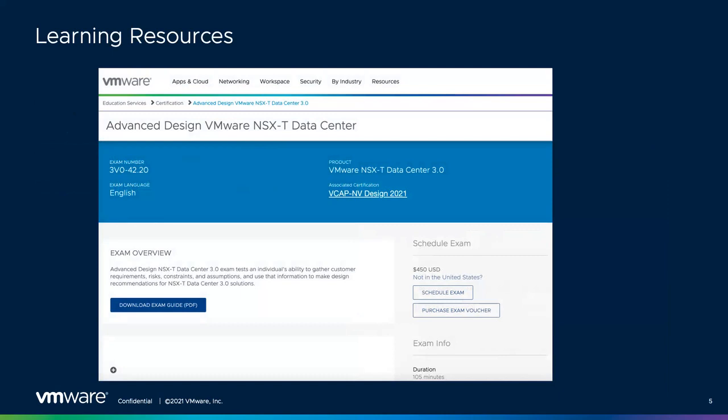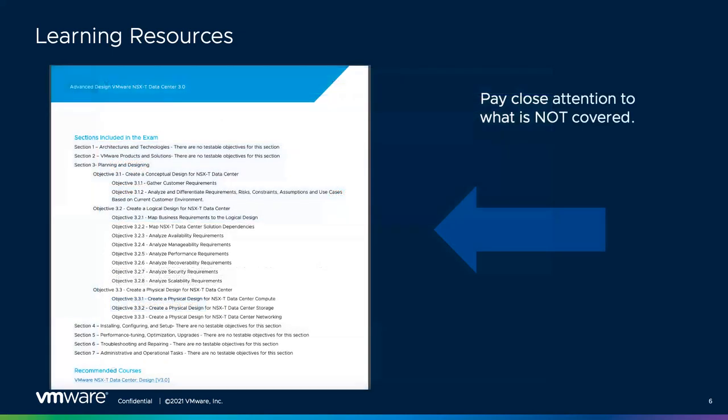All right. Additional learning resources. If you're after the advanced design VCAP-NV exam, this is the exam number. That is super key to know. And the other thing to pay attention to is, for any exam you're taking, go download the exam guide blueprint. This is a key piece of information, and part of every exam prep should tell you to go download the blueprint. The blueprint in this case, from my perspective, was lacking a little bit of information, probably by design, no pun intended,